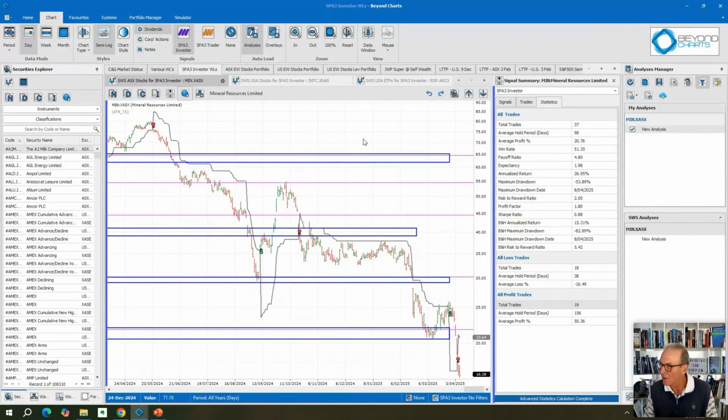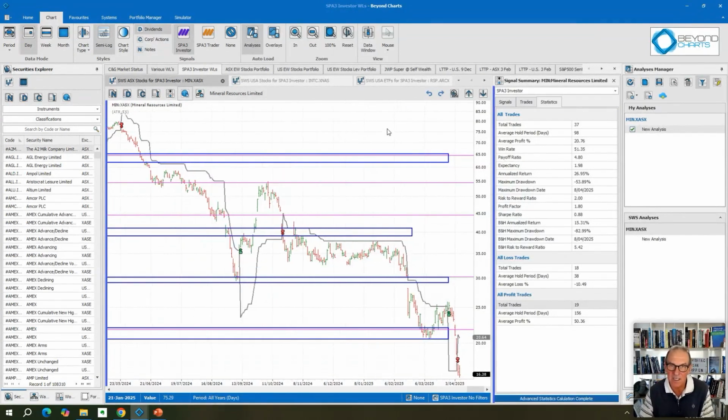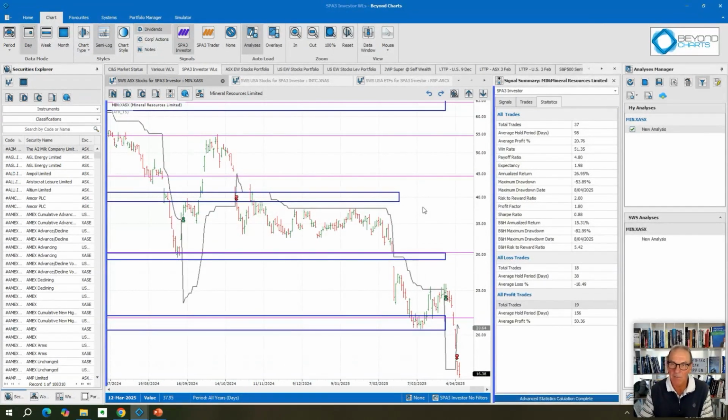You don't need to know what's going to happen next. An edge is nothing more than an indication of a higher probability of one thing happening over another, and that's what you're doing. It's not a guarantee. So the market conditions at the time, we took it in our portfolio. We obviously didn't take the whole thing. If you were trading it as a one stock only portfolio, you would have lost a third of your capital, but over the time you still would have been way ahead. So anything can happen. It's an edge, and that's what it is.